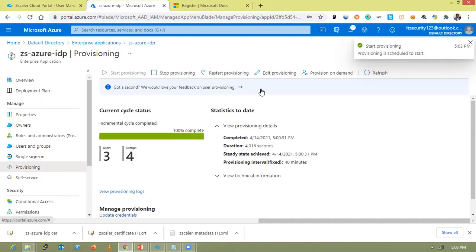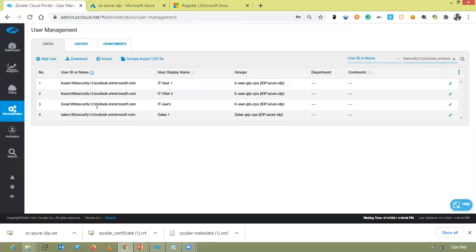You can keep refreshing this. Whenever the new user is created, you can see the user count change to 4. And now the user count has changed to 4. The same we can verify in the Zscaler portal as well. So IT user 3 has been configured under the group IT user group ZPA, the same group which we configured over the IDP.